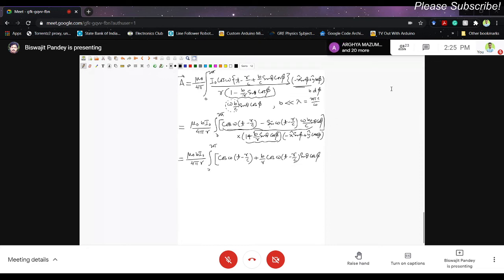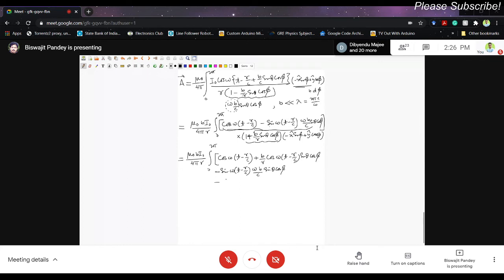Then I multiply this term with these two terms. Let us write that minus sin(ωt − r/c) into ωb/c into sinθ cosφ, because there is nothing to multiply, only one here in the first term. The second term contains b/r, so sin²θ cos²φ, and what will be that, minus, this is minus, minus plus, this will be minus,